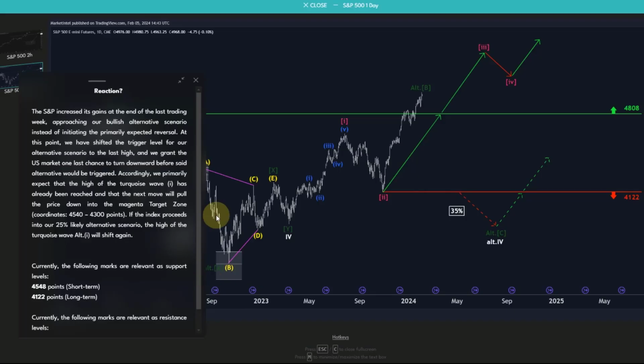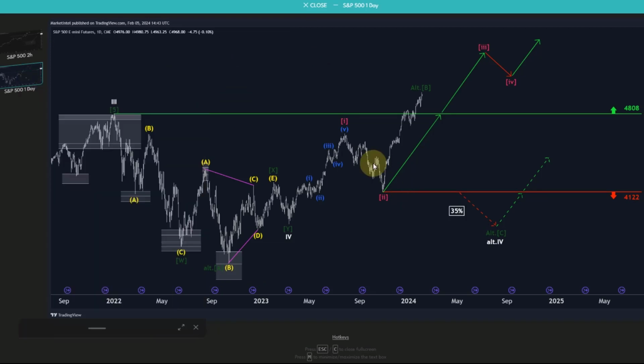We should start on the daily time frame so that you get an idea of the bigger picture. And the S&P 500 is in an uptrend, has been in an uptrend again since October 2022. And we've seen here that rally that started just before 2023. It's quite a complex corrective pattern that unfolded here. I'm sure you can count that in different ways. That is only secondary really at the moment. The idea is that a larger degree fourth wave here in white finished early in 2023.